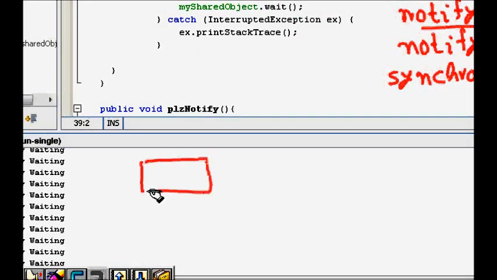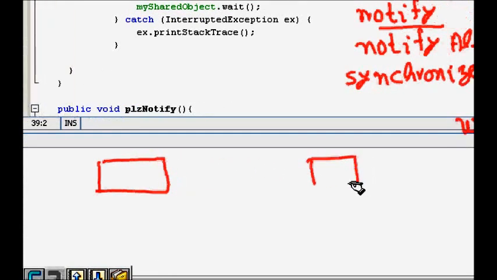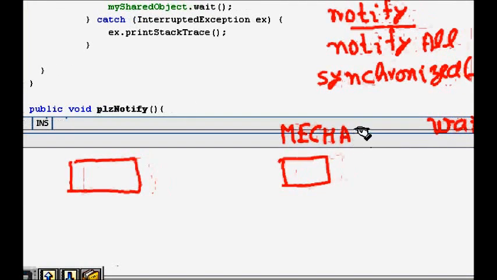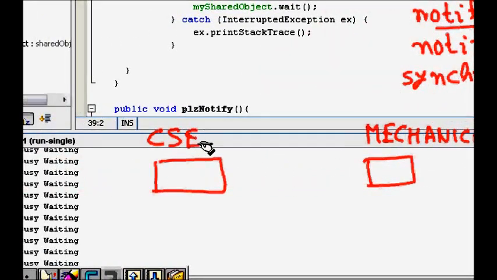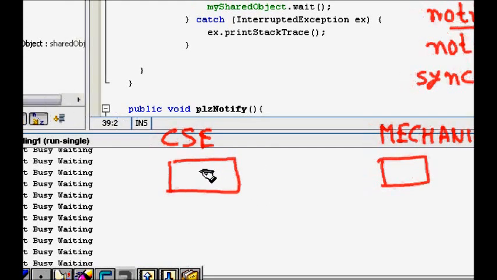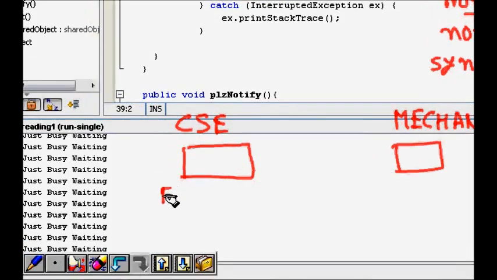There are two notice boards. Let's say some students are in the mechanical department and some are in CSE, computer science department. In that notice board, people are waiting for exam tomorrow, which is a shared variable.